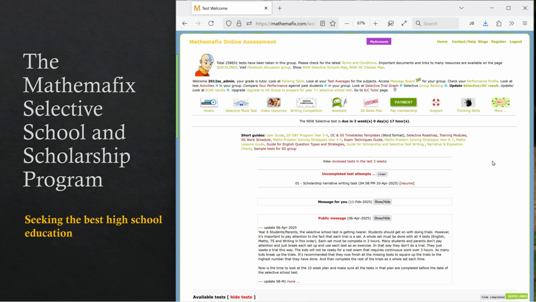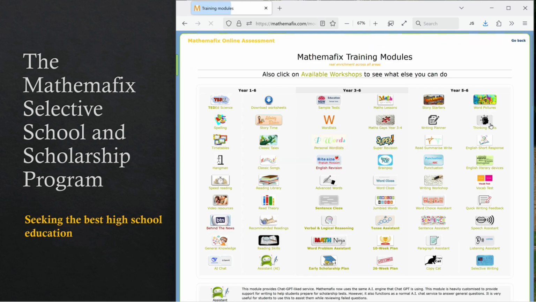Now, if you go to more, you see all the modules here. A lot of them are designed to help the student to write better. I can point straight out that advanced words is going to be very useful, and then you have the sentence assistant. But the most important module for training the student to write for scholarship is called Copycat. Now, the name is a bit